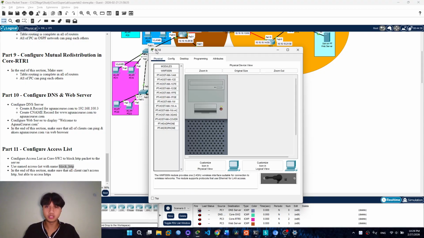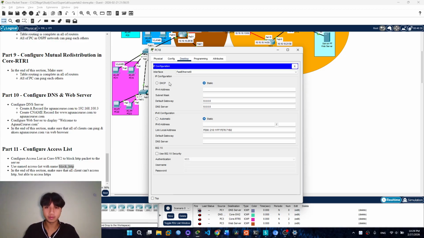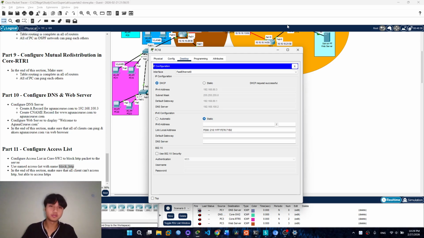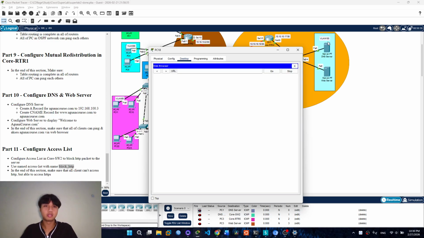For example, we'll use PC 18. Okay, request the DHCP, successful. So we will access the web server from this PC, and we can see the website is agunacourse.com.